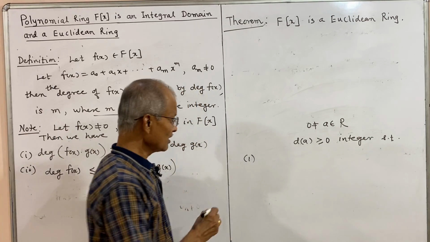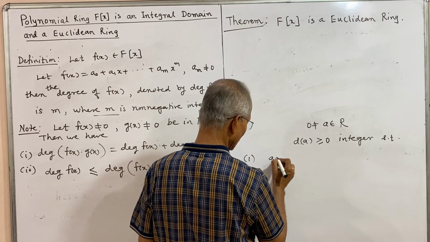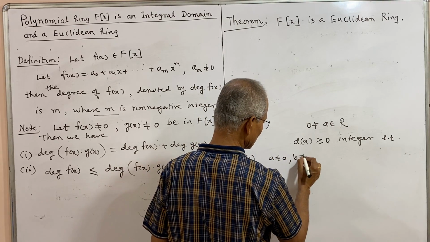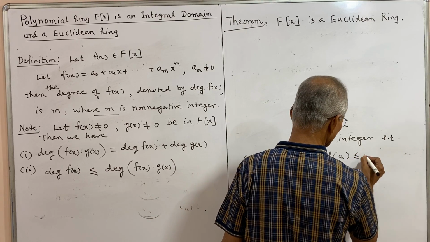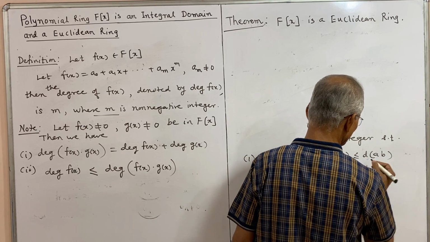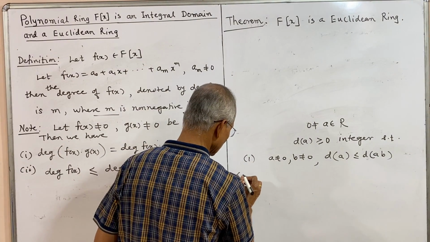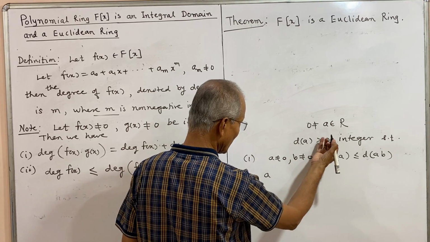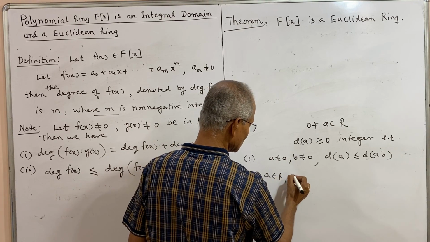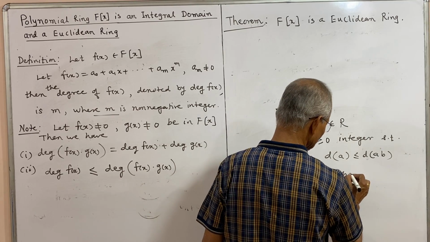The first is, for a not equal to 0, b not equal to 0, we have d of a is less than or equal to d of ab. Such a d function must be defined. And second is, for a belongs to R and 0 not equal to b belongs to R, there exist